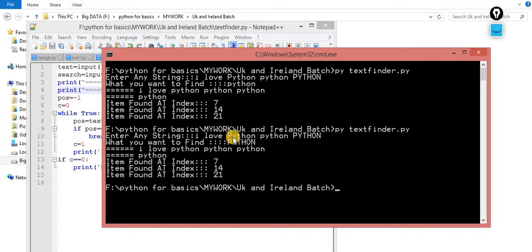Here you can ask the user, okay user, what do you want? You want to find the same characters, where uppercase and lowercase doesn't matter. In the second option, you can ask the user, okay, what do you want to do. After pressing enter, you can ask the user, okay, you want to search, very good, but what do you want to search? You want to match the characters, or you want to take care of the upper cases and the lower cases. So now I think the picture is more clear.